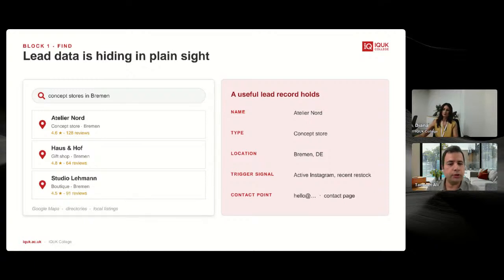The location. You want to see if there is a trigger signal, so recently they uploaded a new photo to Google Maps, or recently they posted on Instagram. These trigger signals are really good if you want to build a list of leads. And also their contact point. Is it best to reach out through email, or is it best to reach out through their contact us page?